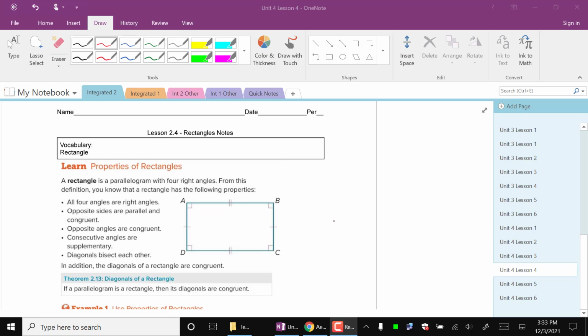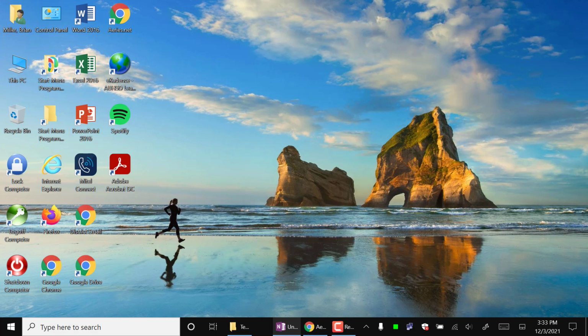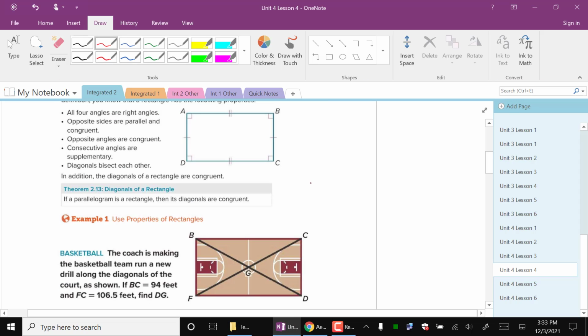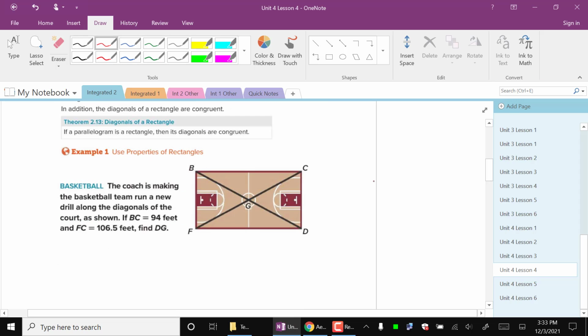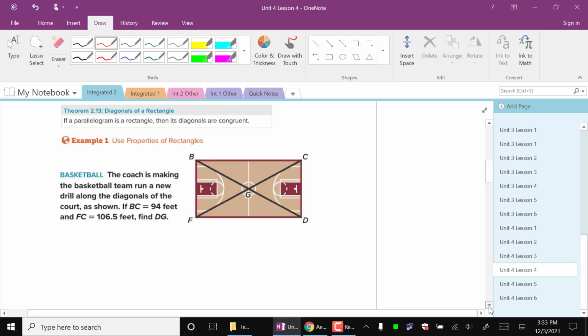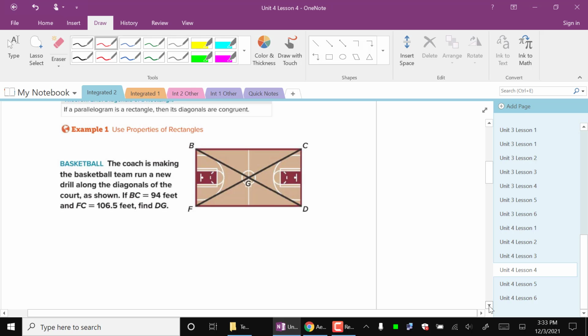So in addition, we also have the following theorem: if a parallelogram is a rectangle, then its diagonals are congruent. There we go. Now we can move on. So example 1, use properties of rectangles. The coach is making the basketball team run a new drill along the diagonal of the court. If BC is 94, so BC is this top part right here, that's 94 feet, and FC, that's the diagonal,